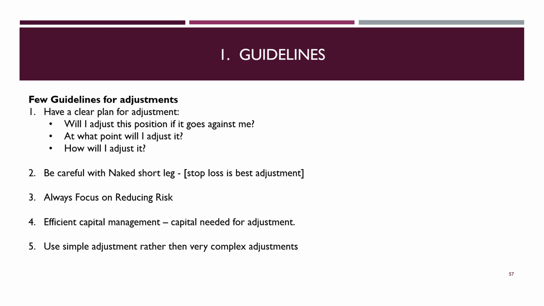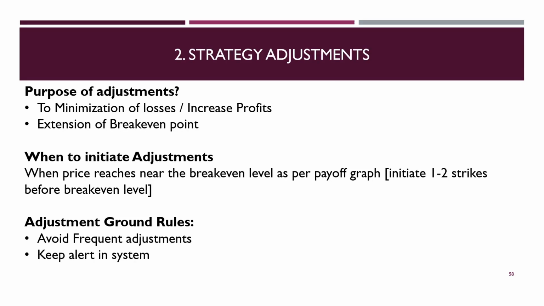Try looking at the option strategy payoff, placing CMP as the cost. What I mean by this is, instead of the cost price, you put CMP. So now this entire structure will look like the payoff at different prices if you enter from the current market price. This will show how much juice is left in the strategy, at what price and at what risk. This makes your decision of whether to hold the strategy or exit very easy. So these are a few guiding principles.